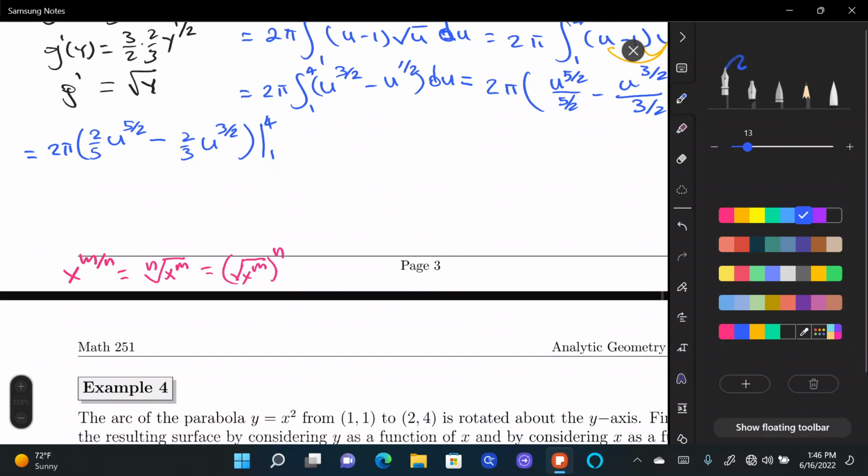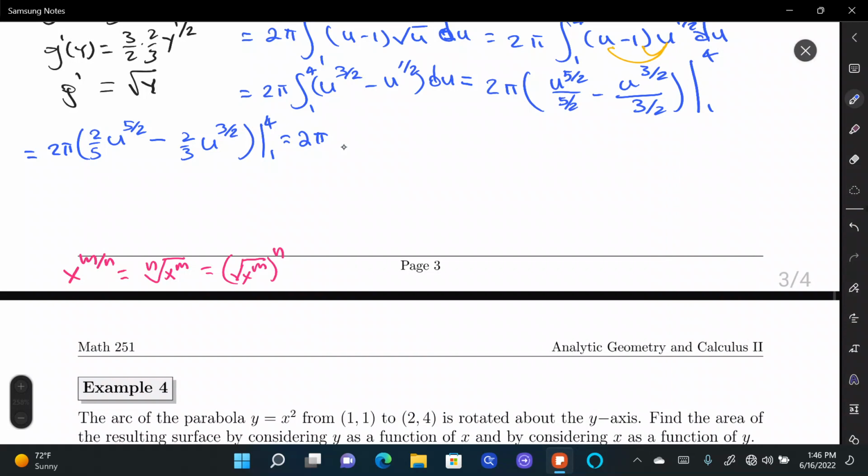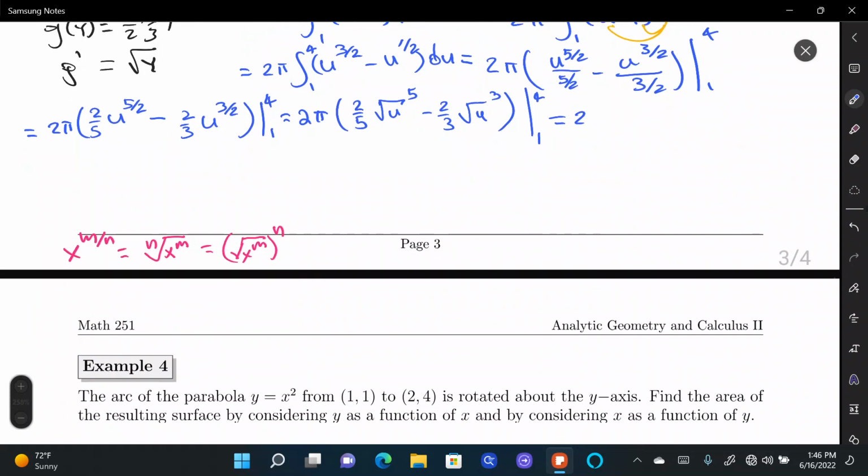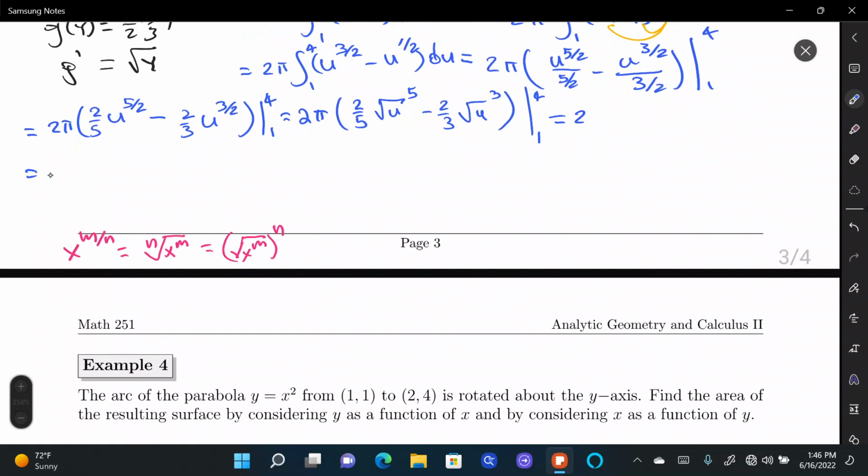So let me change this to pi times 2/5 of the square root of u to the 5th power minus 2/3 the square root of u to the 3rd power, from 1 to 4. And we may now plug in the values. Well, in this case, that's not going to be enough space. So 2 pi